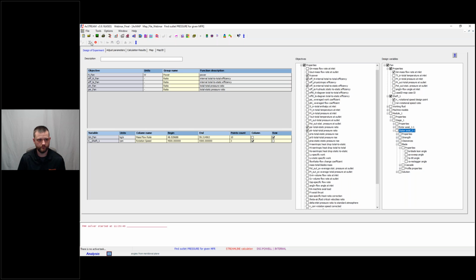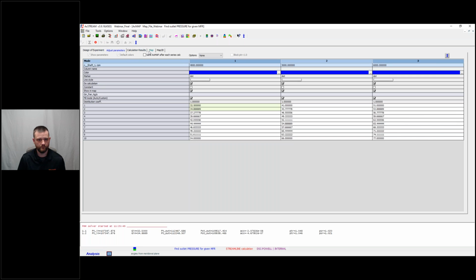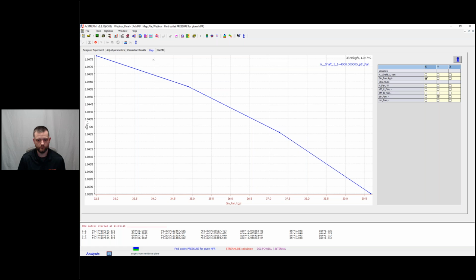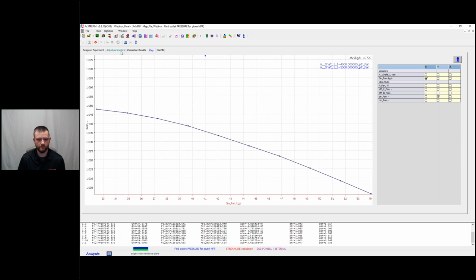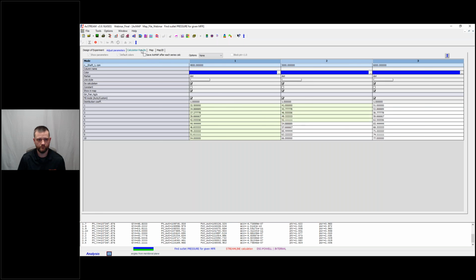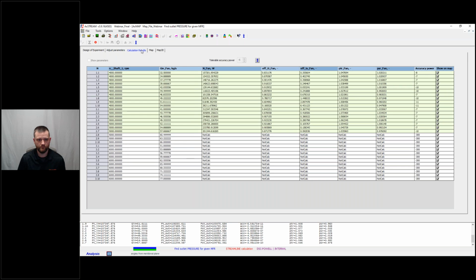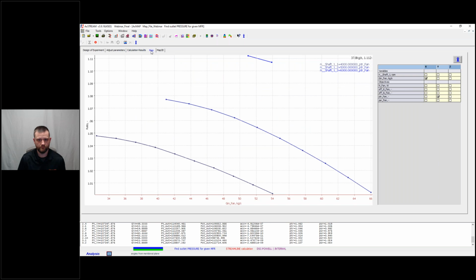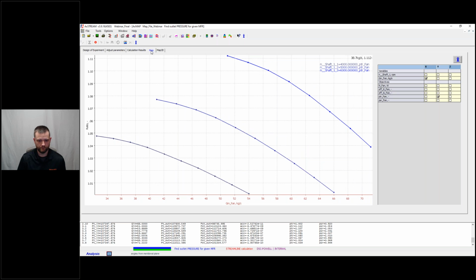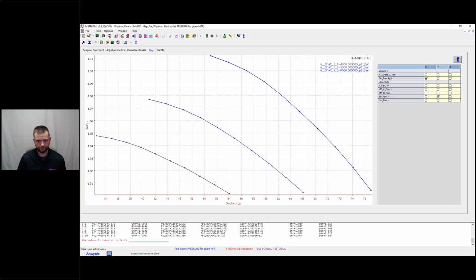If I run this as is, we can see the results coming in here. You see it's pretty fast in creating the various speed lines, and we see the results incoming in the various tabs. I don't want to go into too much detail here, but we can generate performance maps in a very fast manner and get a first insight into our geometry and how it will perform in off-design conditions.